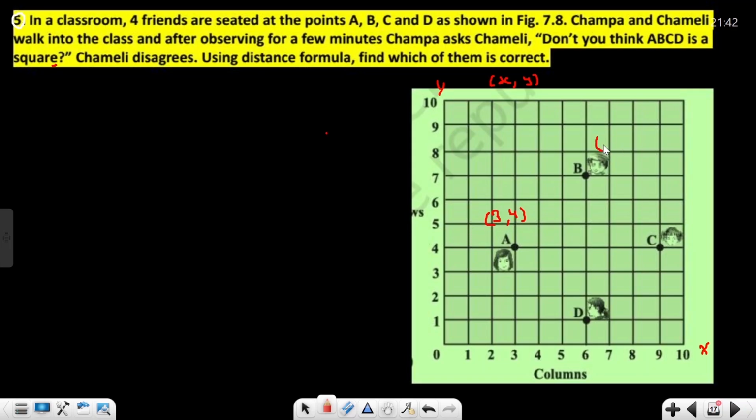Similarly, what is the coordinate of B? B is (6, 7). C is (9, 4). And D is (6, 1). Now we have found all the coordinates. Now our next target is to find the distance from A to B